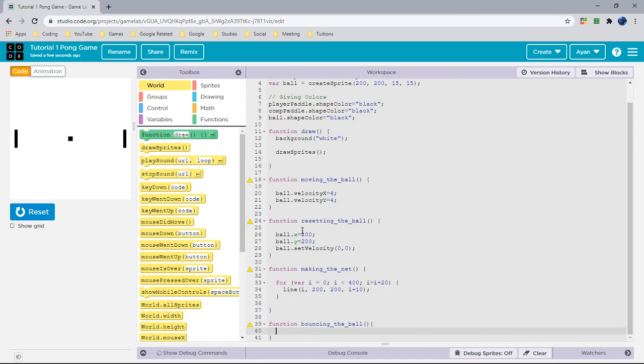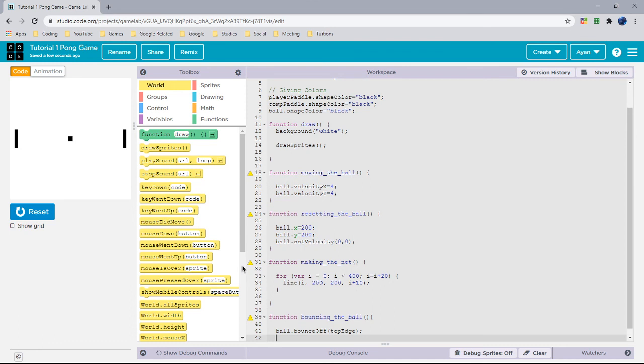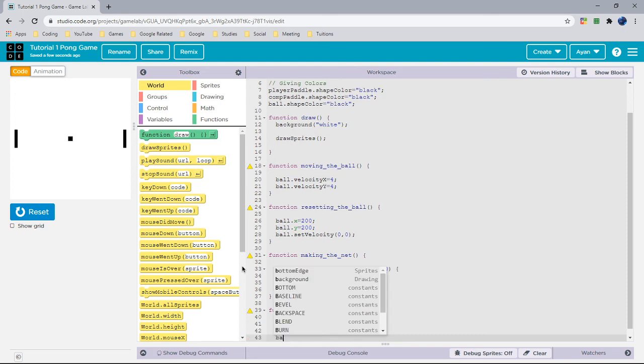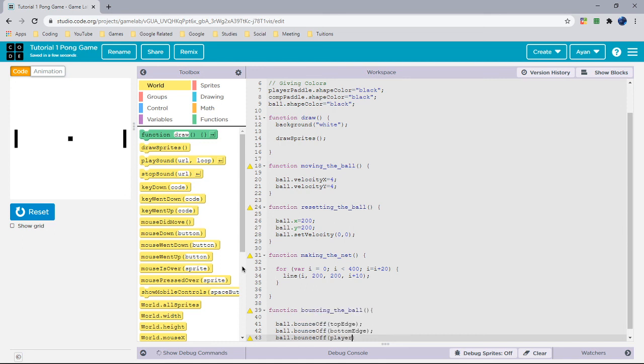So what we're going to do is ball, I'm going to enter once more. Ball dot bounce off top edge. So it will bounce over here and then over here as well. So ball dot bounce off bottom edge,